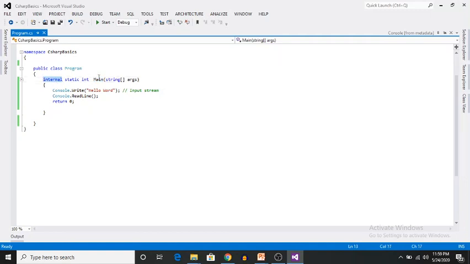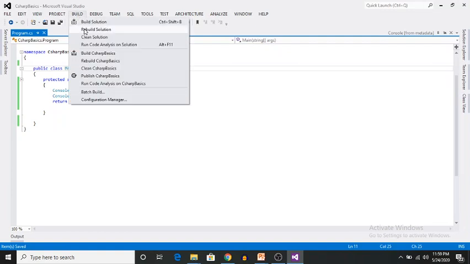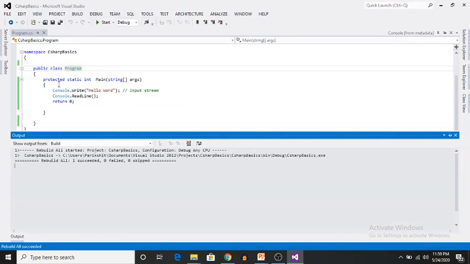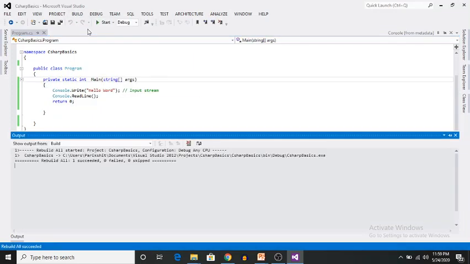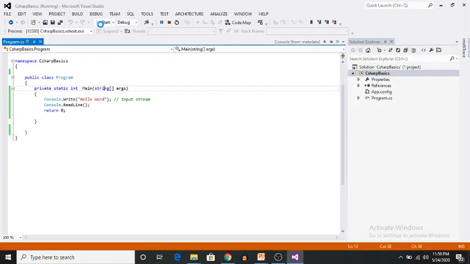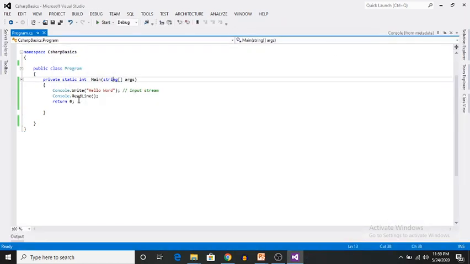It can be internal, it can be protected. Let's check with private. Let me execute this. Your access specifier of your entry point may be anything. It is not mandatory to be public. It can be public, private, protected, or internal.